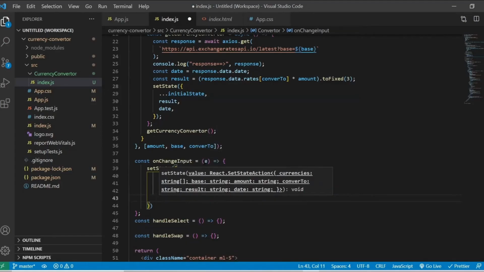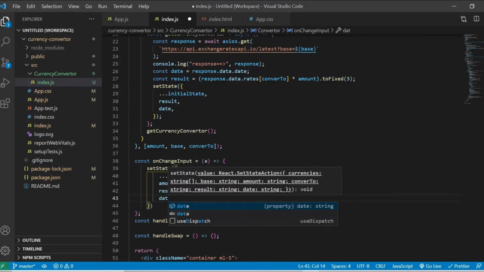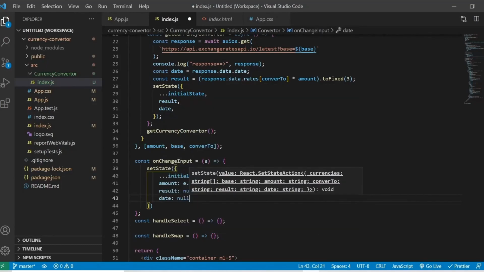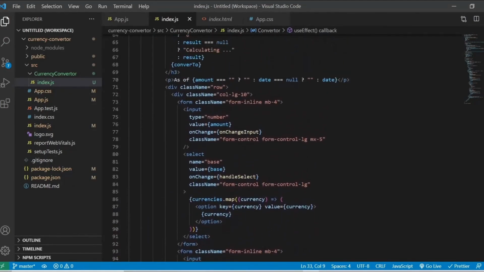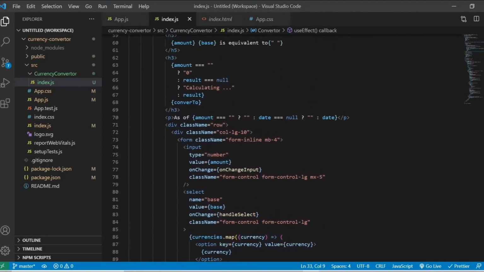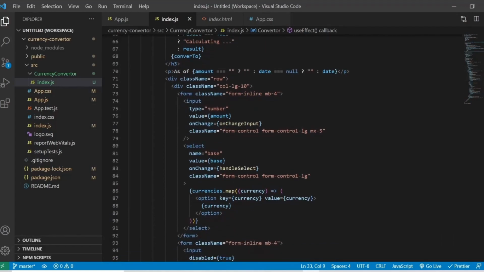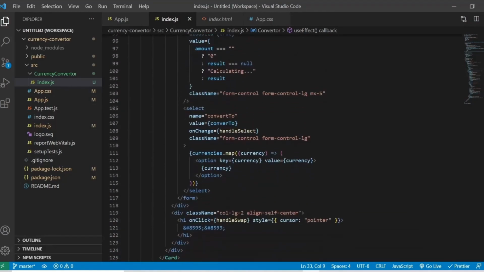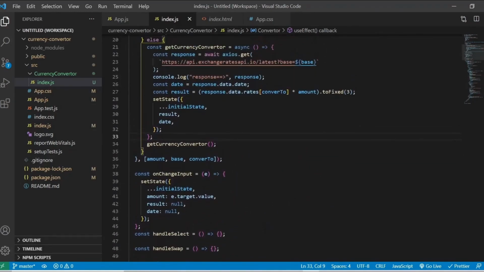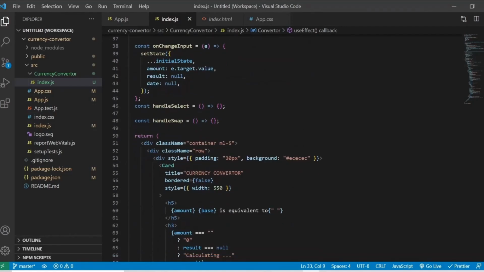Result will be null in that case, and the date will be null. That's why I have put all the conditions here: if result is null or date is null, it will be calculating. So now you can see why I have put those null conditions inside the return.